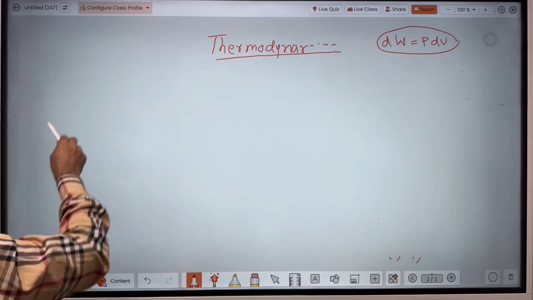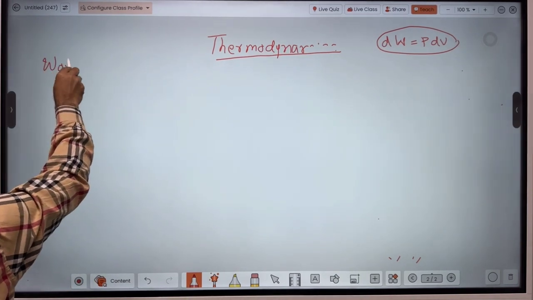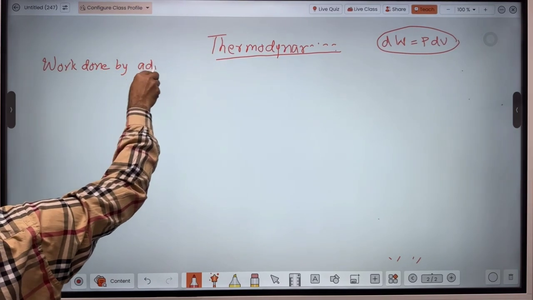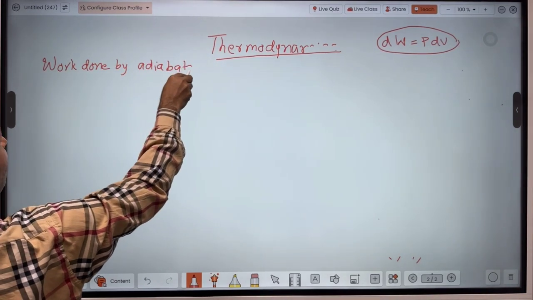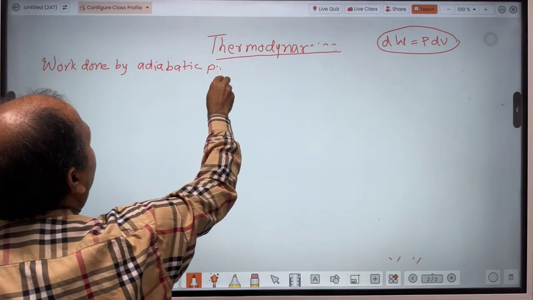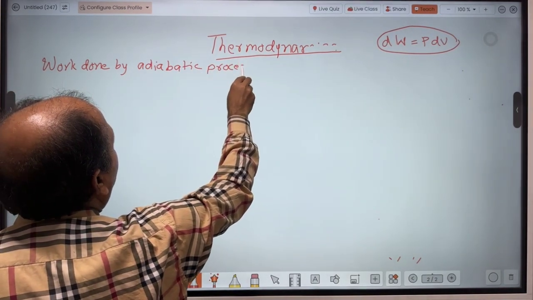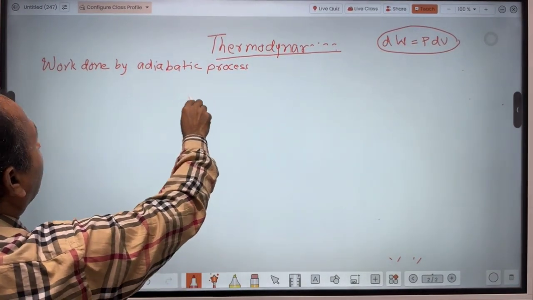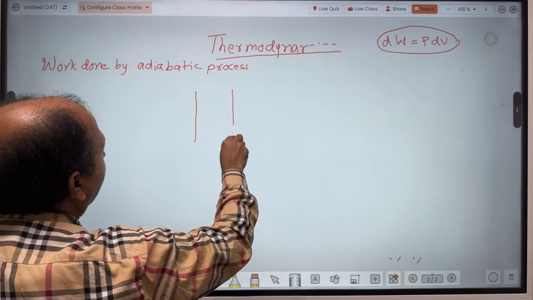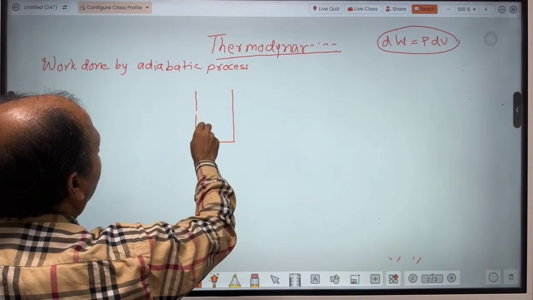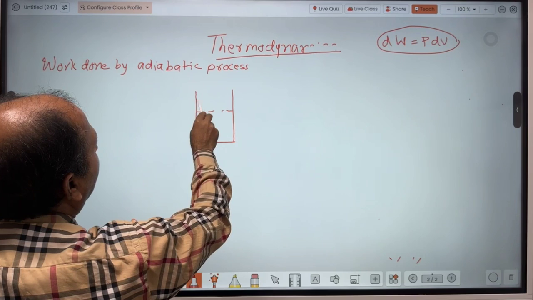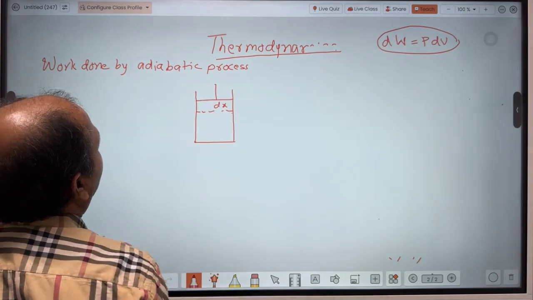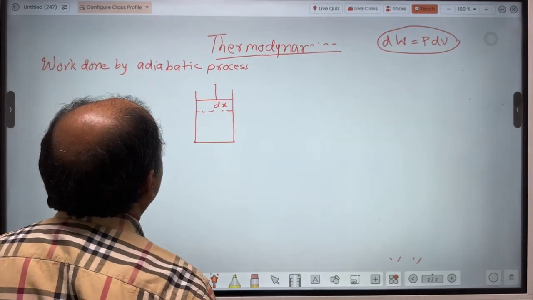Adiabatic process means here we are doing adiabatic expansion. Initially gas is up to here and now it moves through distance dx and piston has area A. So volume change will be A dx,